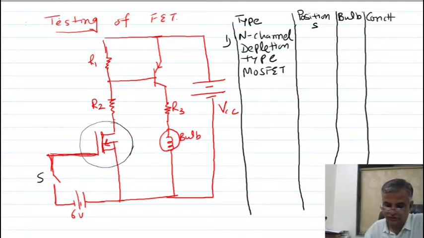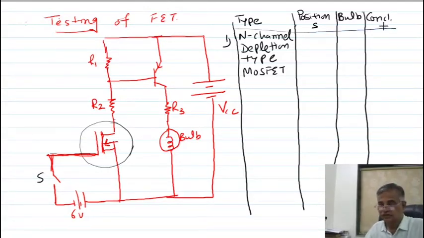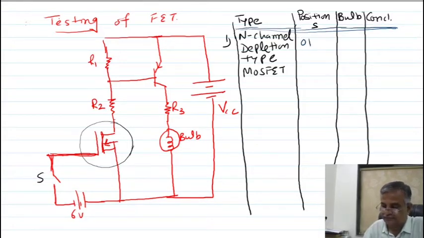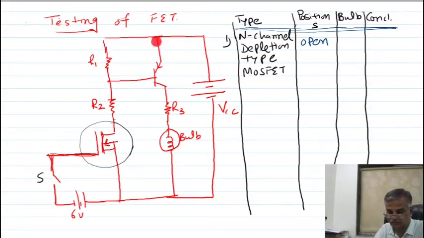What is conclusion? So look here, I am discussing for this point of view. This is your position of the switch, I am keeping open. Then what will happen? If this is open, this will conduct, current will flow. As current will flow in this direction, the voltage is developed. So you will get some VB voltage. So this transistor will conduct, so bulb will be on. So your bulb will be on.